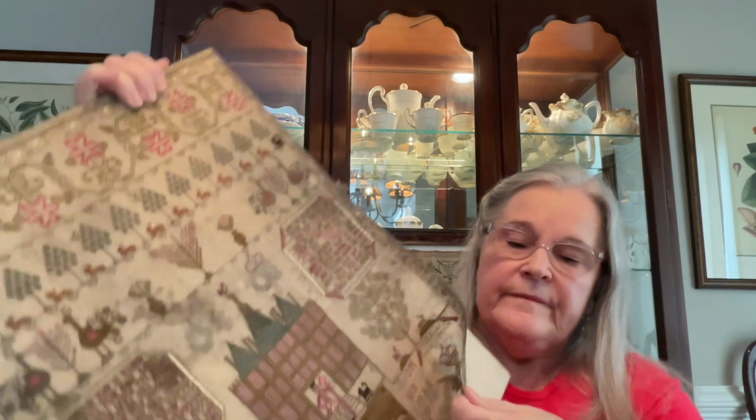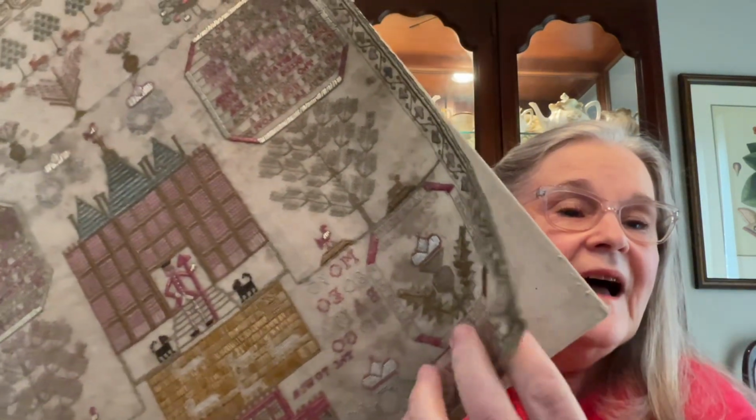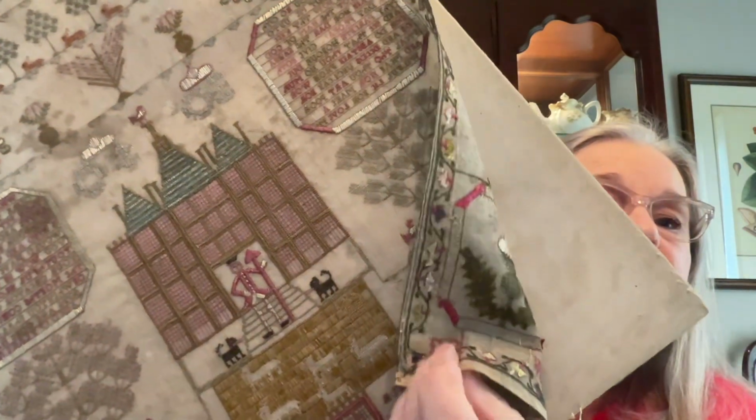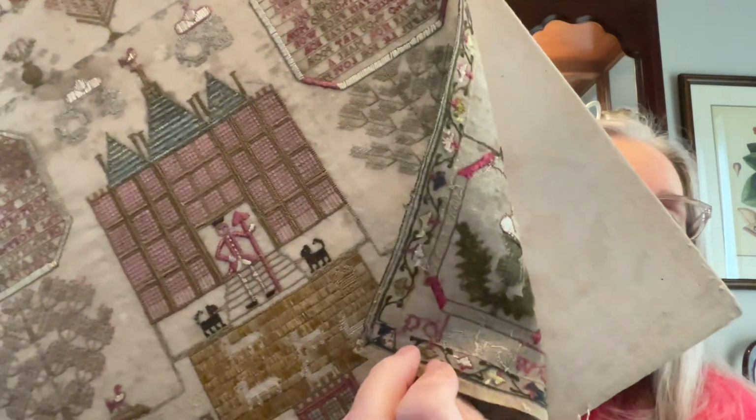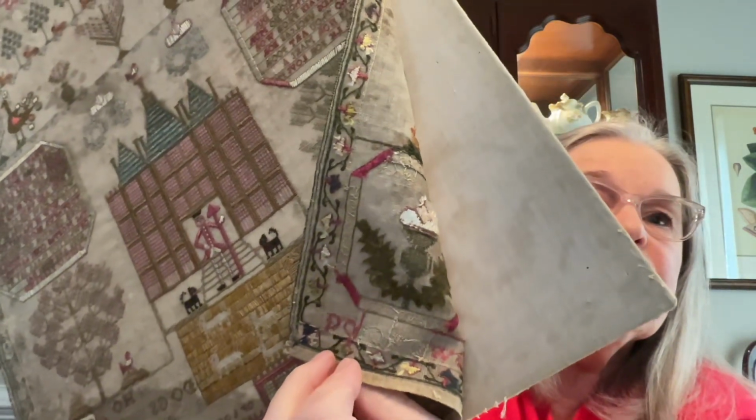Let's see. Oops. A pale blue for some of the initials. That's not showing up very well. Anyway,